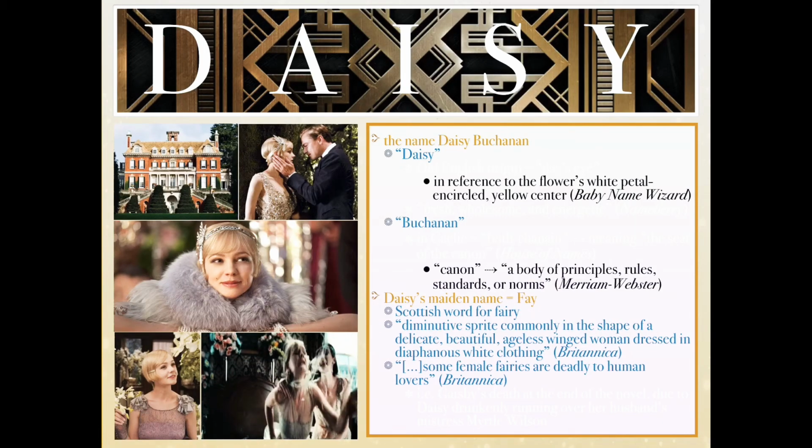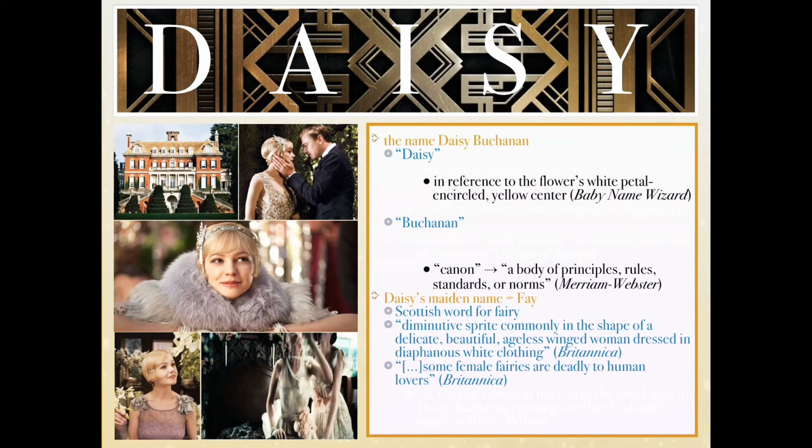Daisy Buchanan is the love that Gatsby has been going after for the last 5 years. Daisy, similar to the name Great Gatsby, is an oxymoron. The name Daisy is of Old English origin, meaning day's eyes, which is in reference to the flower's white petals and circled yellow center. Some words that come to mind when thinking of a daisy are fresh, wholesome, and energetic, which the character Daisy proves wrong by the end of the novel.